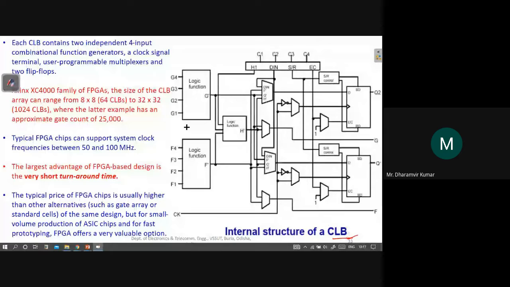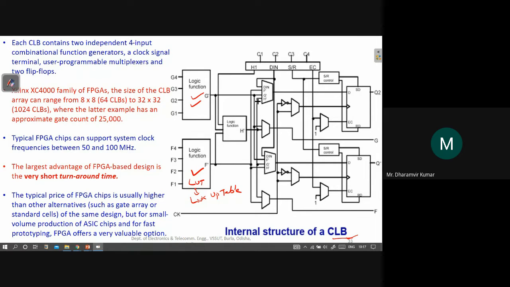Inside a CLB, we have this four input LUT, and this is another four input LUT. LUT is a lookup table. If it is a four input LUT, it means that it can implement any Boolean equation having four input signals and one output. Any logic function having four inputs and one output can be implemented on this four input LUT. There is one more four input LUT here.